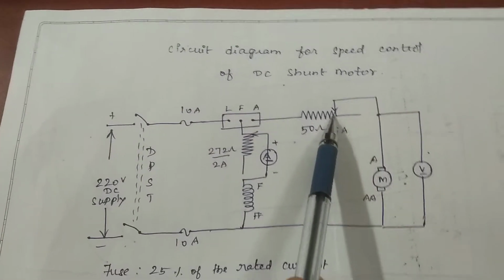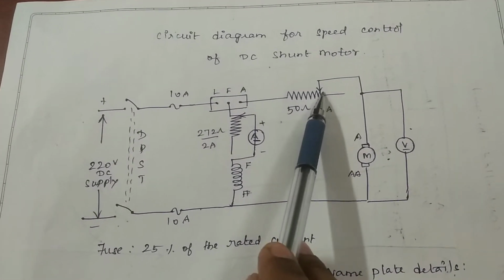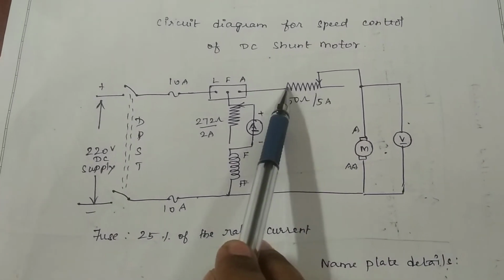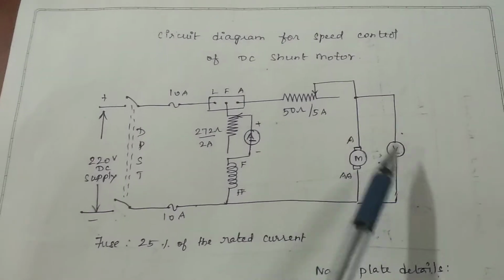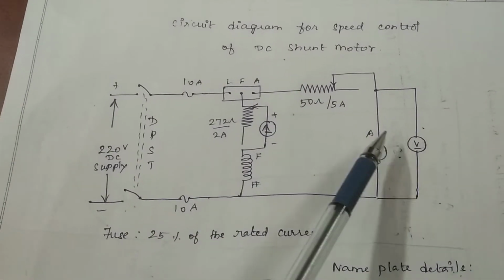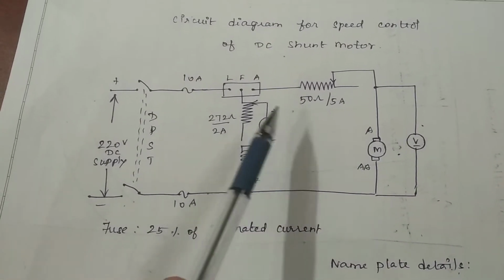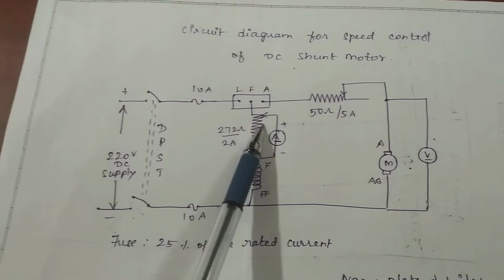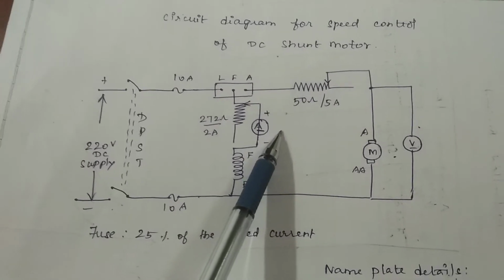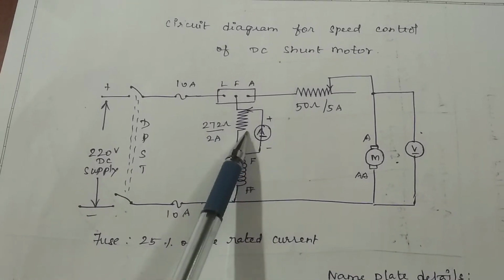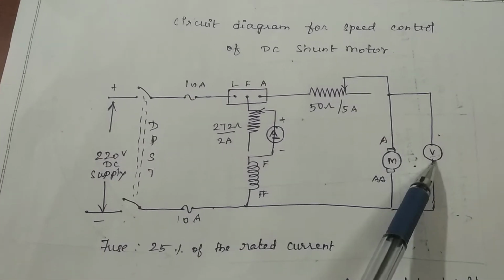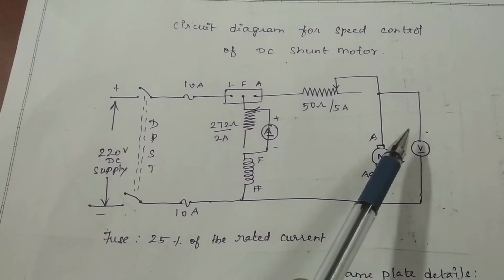Then you adjust the rheostat which is connected to the armature, and you vary the armature voltage and note down the speed at various armature voltages. By varying this rheostat, you note down the armature voltage and the corresponding speed. So a set of readings will be taken. If you want to take another set of readings for a different field current, you have to adjust the field rheostat again. Say your second field current, IF2, is 0.8 ampere. You won't disturb this rheostat after fixing the field current. Again, you vary the armature rheostat and take different sets of armature voltage and corresponding speed. So that is your armature control method.